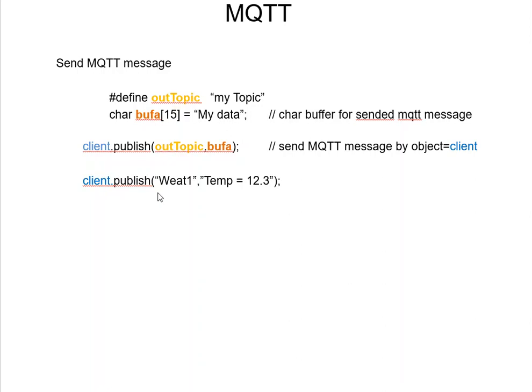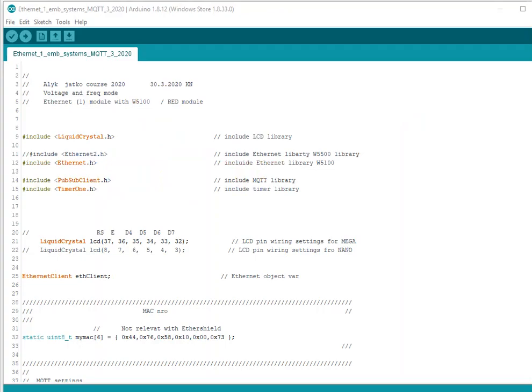And here is an example where we are sending a hard-coded message, so it means that here the topic is the word, and the message is temp equals 12.3. Here is the char array that we are using to contain the message and the defined topic, and this example is hard coded. But this is basic C++ programming. And if we